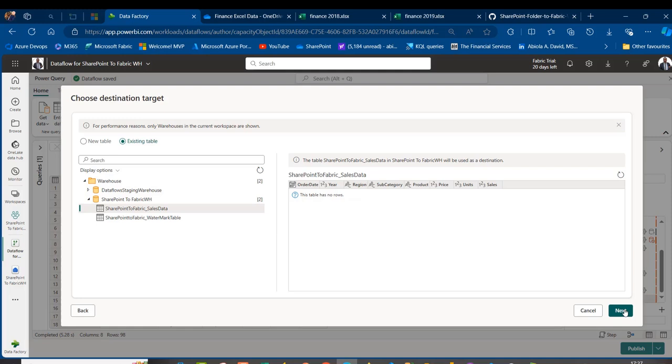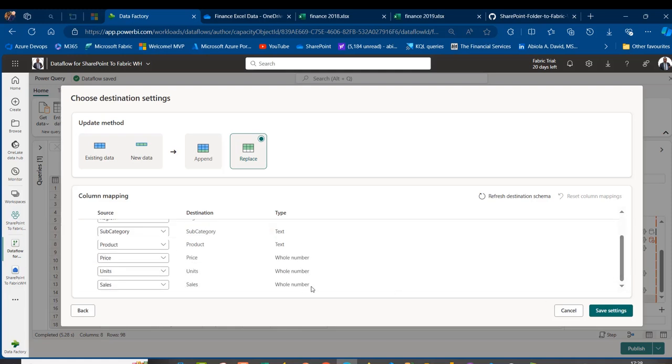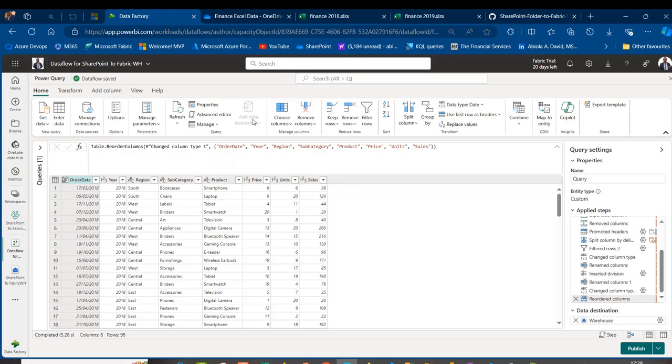So I'm going to click on next, and I'm going to come to the choose destination settings. So we're going to have update methods such as append or replace. I'm going to stick with this default replace, and then we come to the column mapping. So we're going to see the source column names, the order date to the sales column, and then we have the same column names in the destination, the order date to the sales, and then we do not have any conflict of the data types. We have the date, O number, text, and then we have the integer, that is the O number data type. So this is fine. Click on save settings, and then we're going to see the add data destination blank out